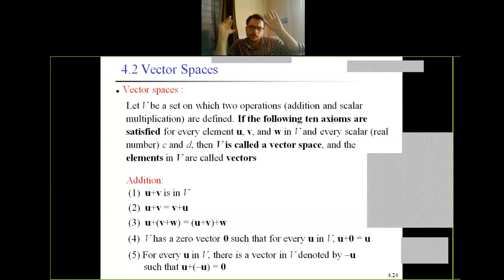Rn is the list of every real number that is existing in this world. So every element from that Rn is forming a vector, and the total space is called vector space. That's why we say that Rn is a premier example of vector space, the very popular example of vector space. So u plus v in V, take any two numbers.